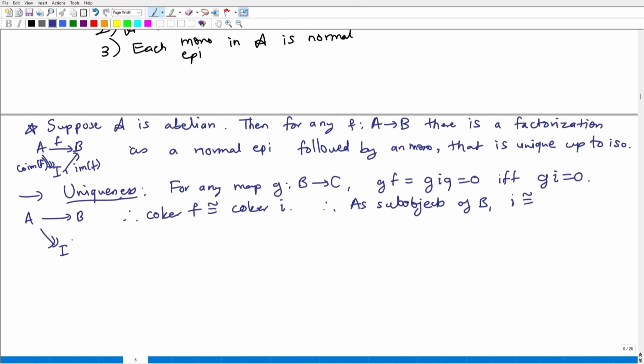This is an epimorphism and then this is a monomorphism. This is I and Q. So suppose this is given. This commutes, where this is mono and this is epi. Then for any map, GF is equal to 0 if and only if GI is equal to 0, and therefore co-kernel of F is isomorphic to co-kernel of I, because they are going to become 0 exactly at the same time. So as subobjects of B, I is isomorphic to